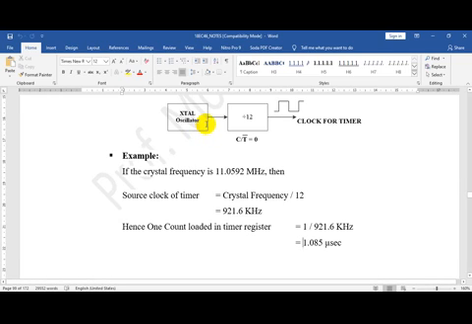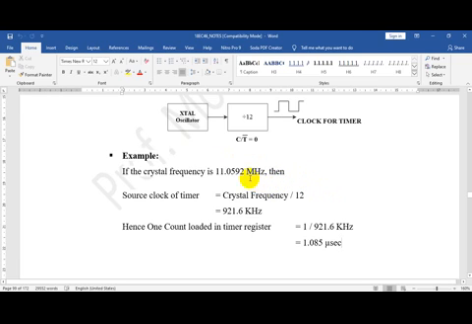Because if crystal frequency changes, clock frequency also changes, and if clock frequency changes, your count value also changes. That's why while designing the hardware, you should be very careful while placing the crystal.